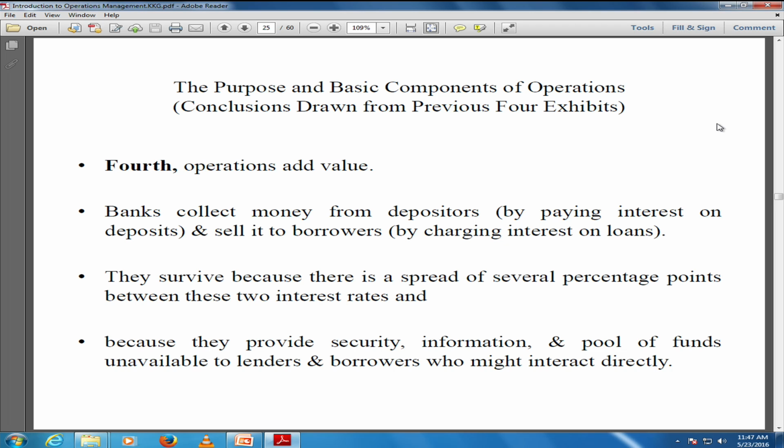They survive because there is a spread of several percentage points between these two interest rates, and the banks add value by providing security, information and a pool of funds which is unavailable to lenders and borrowers if they had interacted directly, because who will be the guarantor? This is one example of how the operations function is adding value, particularly in services, here through banks. Similarly, every operations function you conceive of will add value in the process, and that value addition component